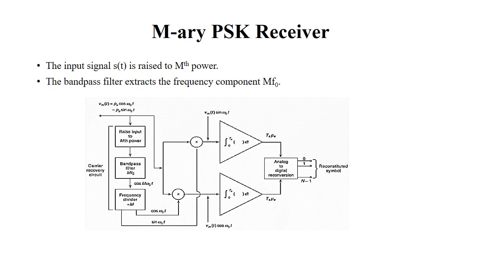So the outputs of the integrators are sampled after the period Ts in every cycle and applied to the analog to digital converter. So the integrator outputs are proportional to Ts Pe and Ts Po. So these voltages are applied to the analog to digital converter and it will reconstruct the N-bit symbols. So this N-bit symbol is given to the parallel to serial converter and it will generate the bit sequence b of t.